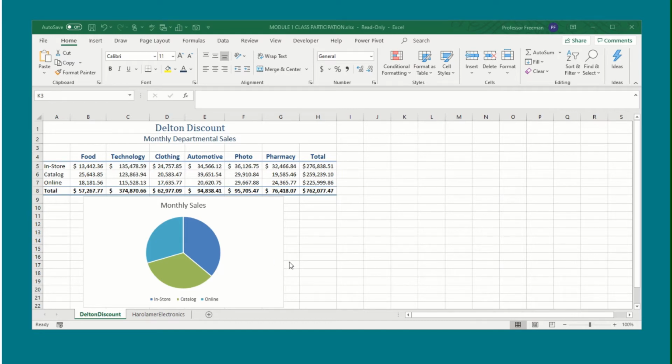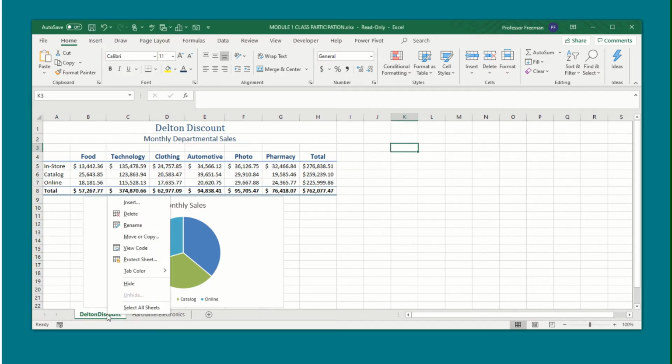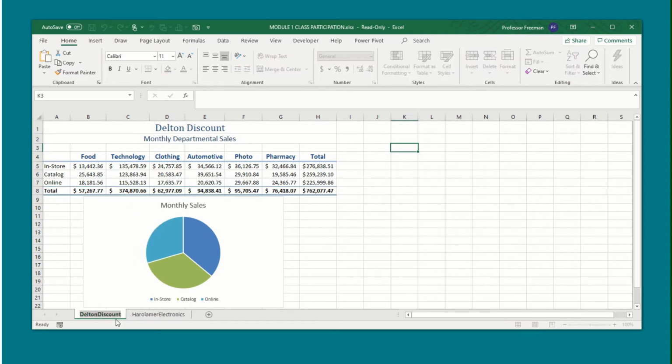Step 5, name the worksheet department cells. So there's a couple ways we can rename our worksheets. You can right-click on the worksheet tab and choose rename. You can also double-click on it and it will select the name. And then we are going to update this to